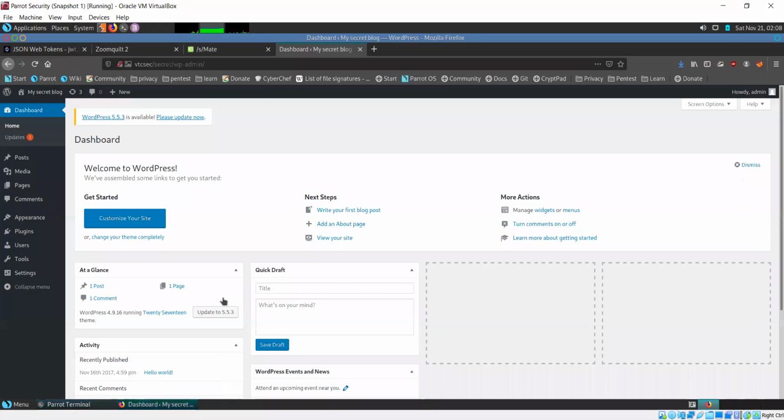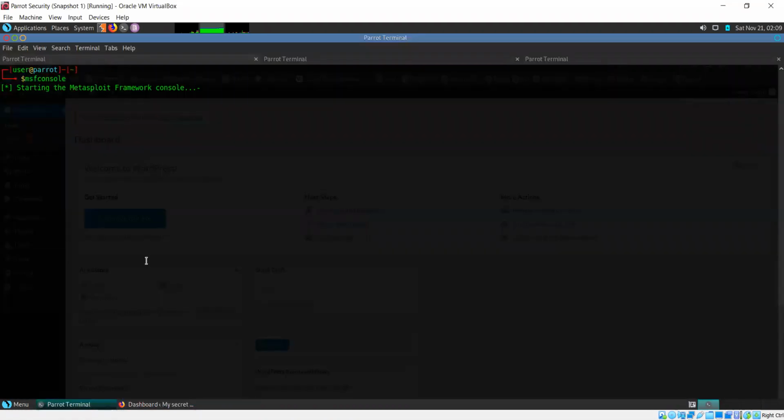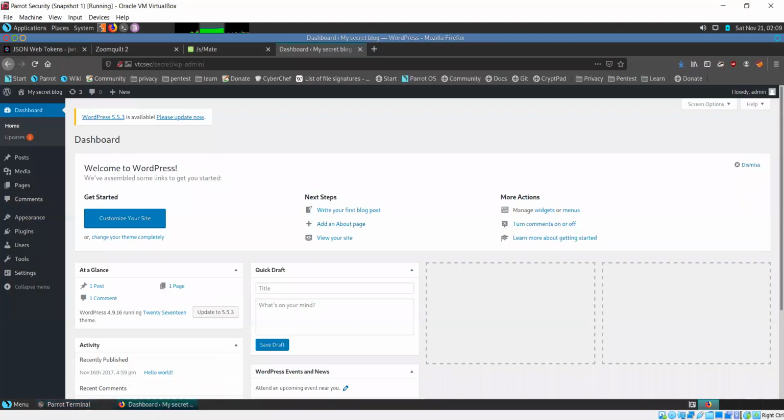Whenever you have admin access on a WordPress website, admin access means you can upload anything you want. So we upload a file that allows us to get shell access on the system using this admin access.